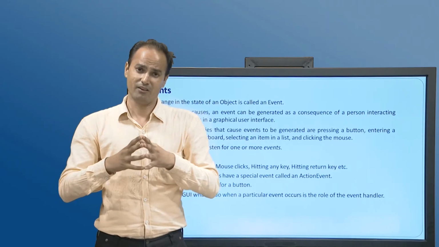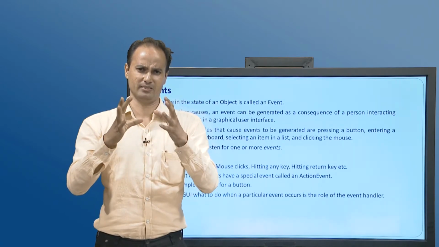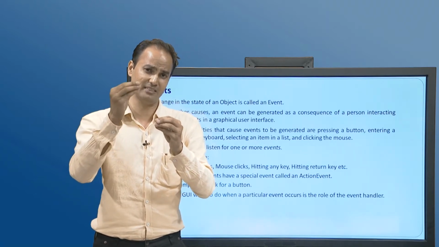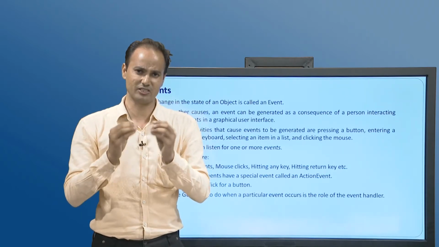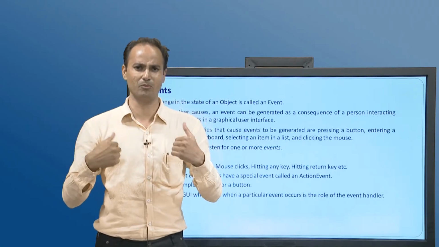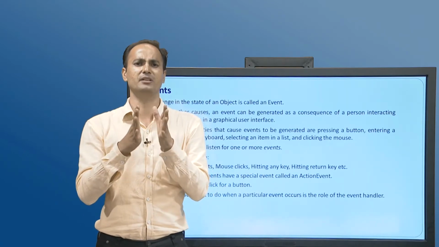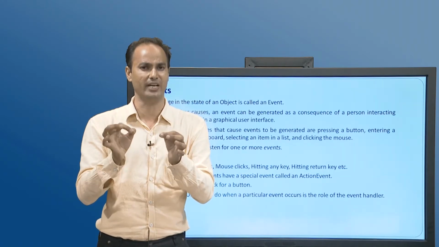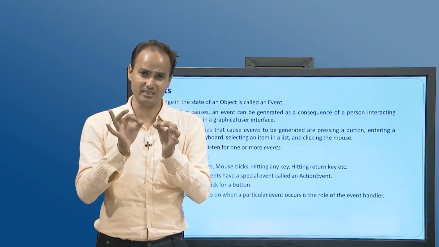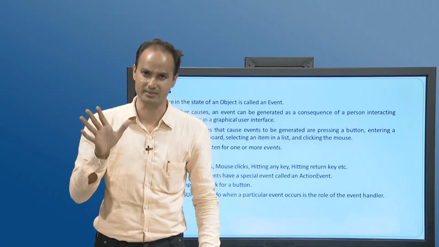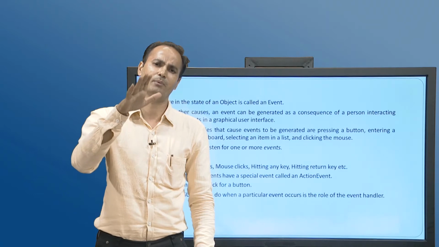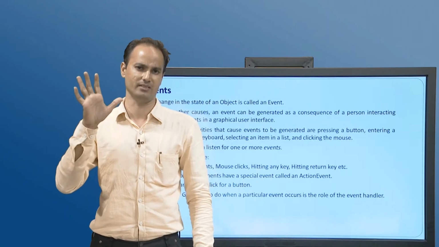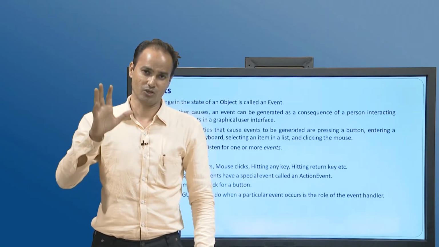Generally, whenever we are performing any kind of task, whenever we start to behave in a particular way, an event is triggered. When I start speaking, an event is triggered as the state of my behavior changed. So in a general sense, an event is simply a change in the state of an object. Change in the state of an object is called an event. Whenever the behavior of a particular component or object changes, the event is triggered. This is called an event.